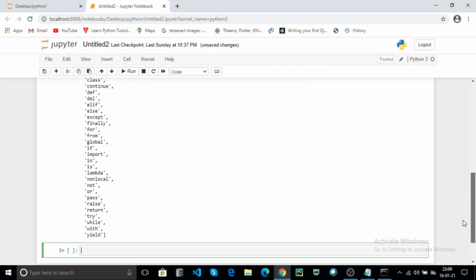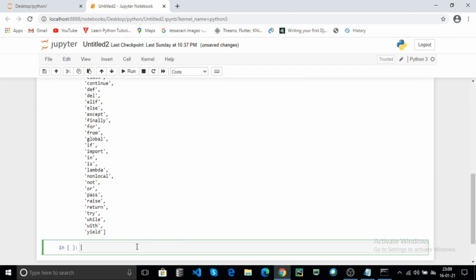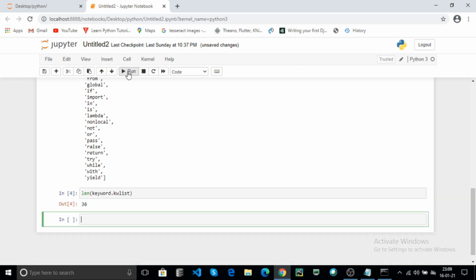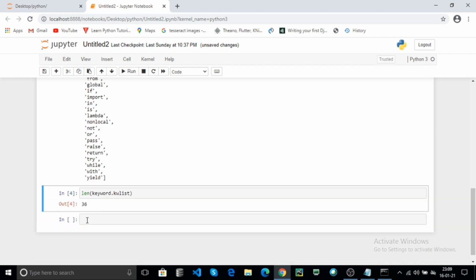Here these are the Python keywords. Now we can also check the length: len of keyword.kwlist. This tells how many keywords are available in Python. Click on run. Here there are a total of 36 keywords in Python.